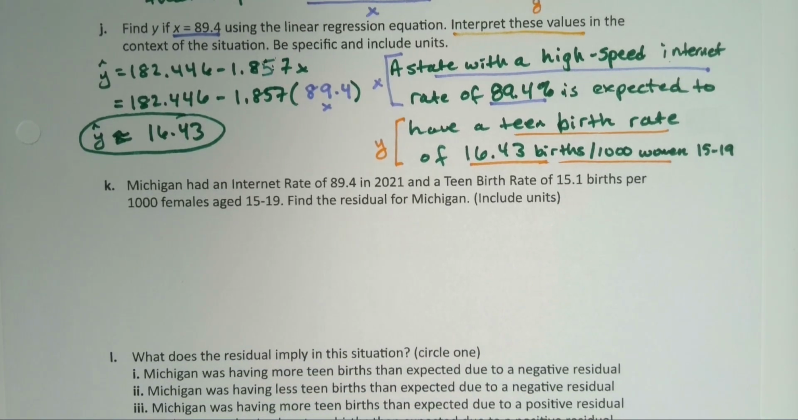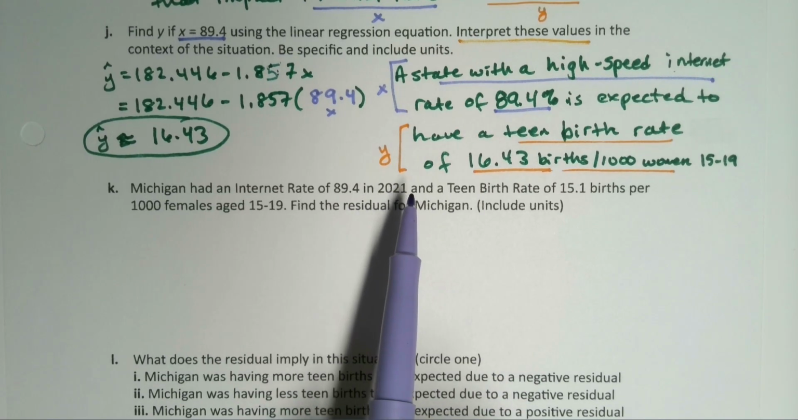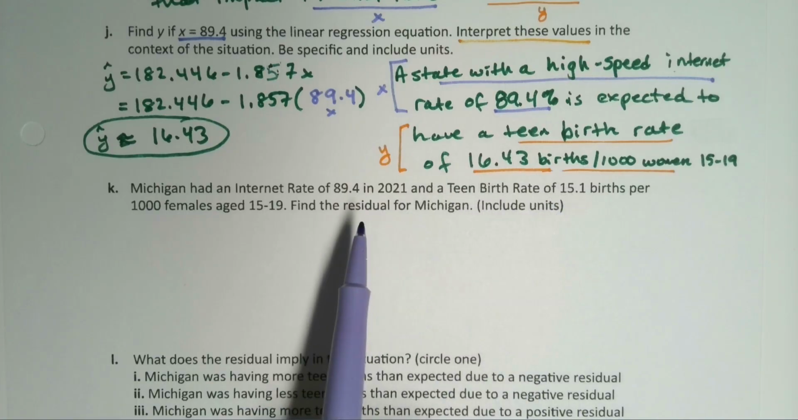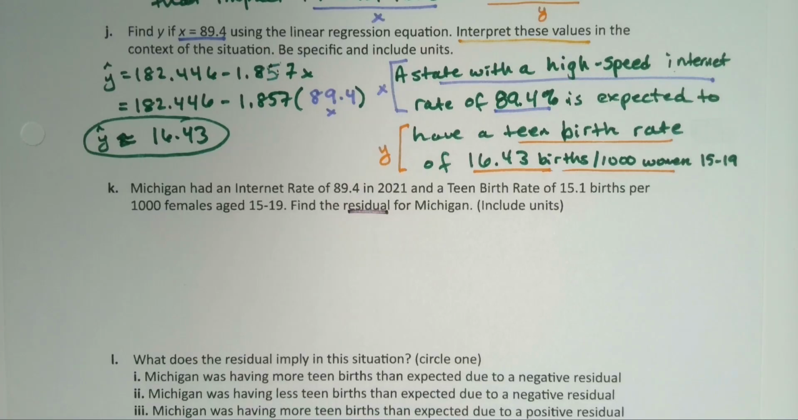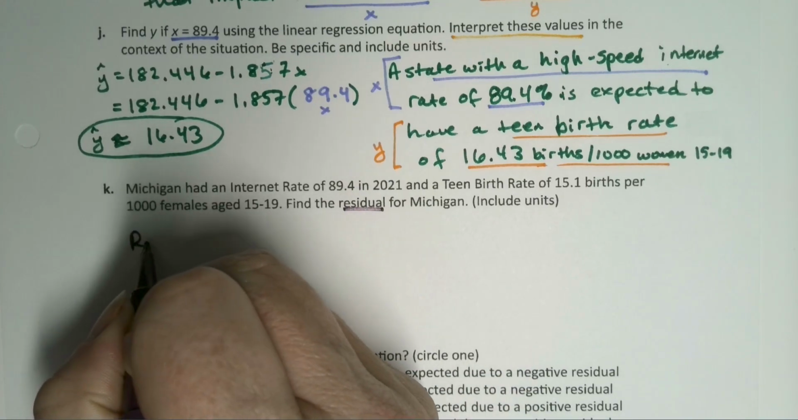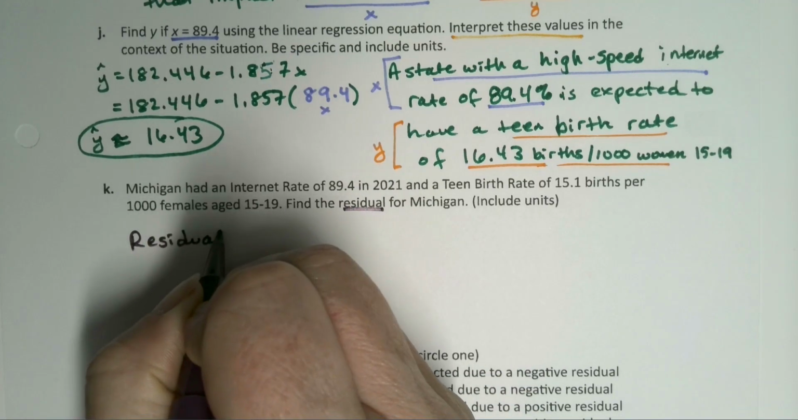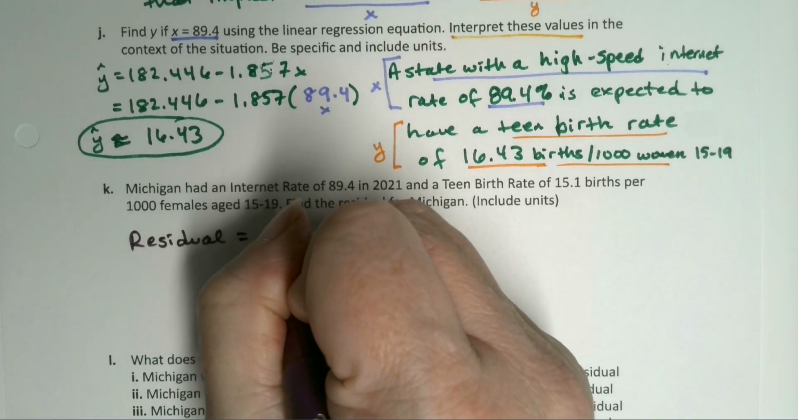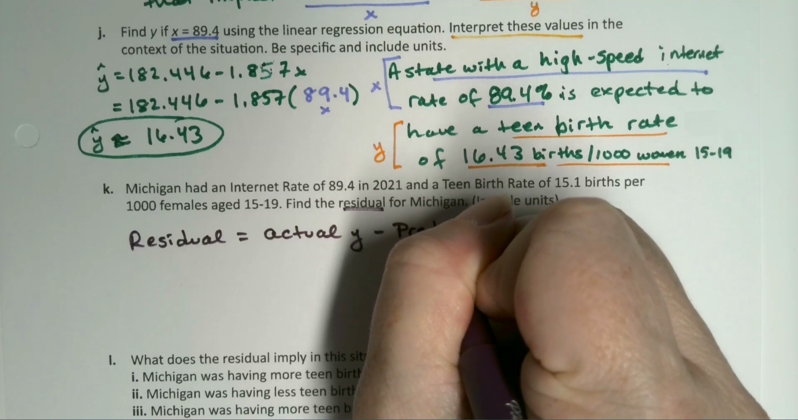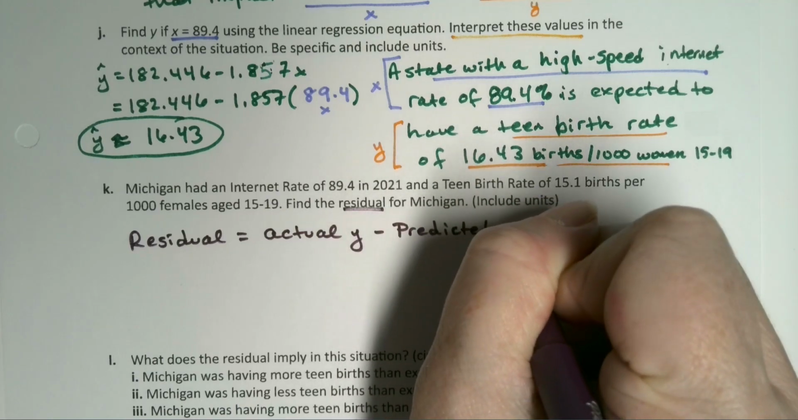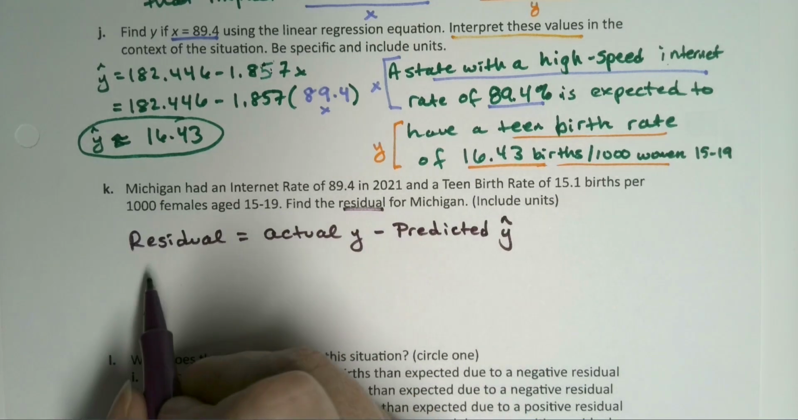All right, now Michigan actually had an internet rate of 89.4 in 2021 and a teen birth rate of 15.1. Find the residual for Michigan. Okay, so the residual formula, let me write it out here. Residual formula we've learned is the actual Y minus the predicted Y hat. Right, that's the residual formula